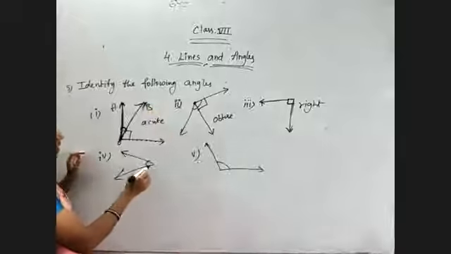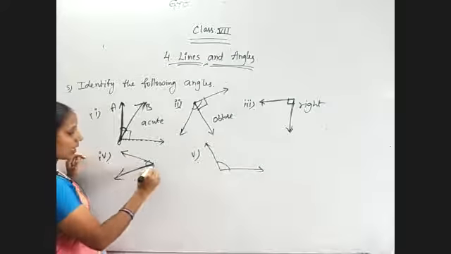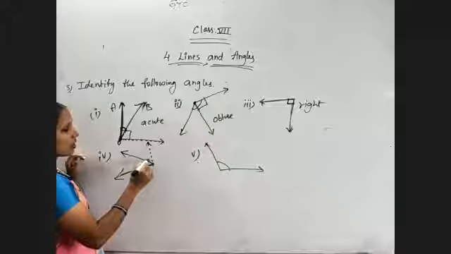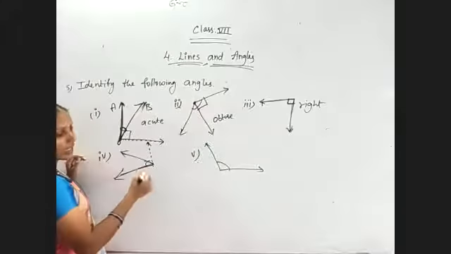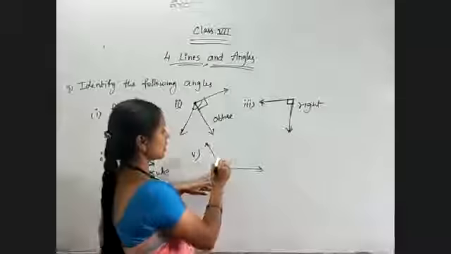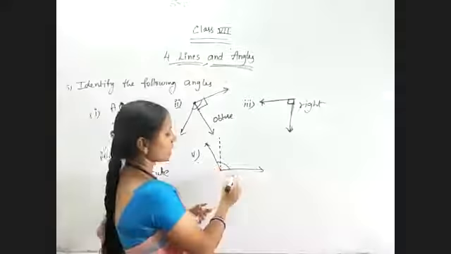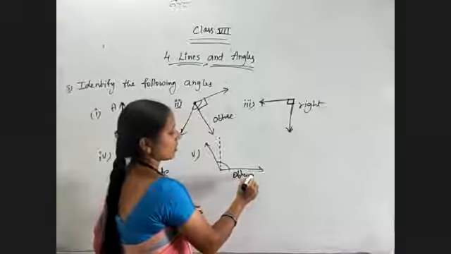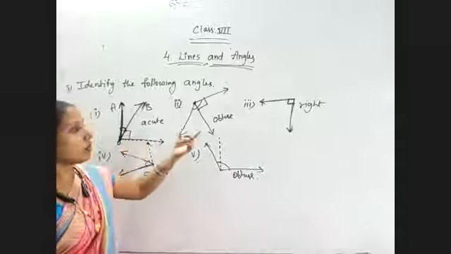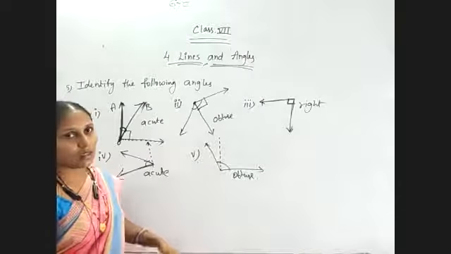Next, coming to this one. So construct a perpendicular for any one of the arms. So this one I am taking as the base. Now I am constructing 90 degrees like this. So the other arm is lesser than 90. That's why it is an acute angle. And coming to this one, construct 90 degrees for this. More than 90. So it is obtuse. So if it is lesser than 90, acute angle; more than 90, obtuse angle; equal to 90, right angle. Okay.